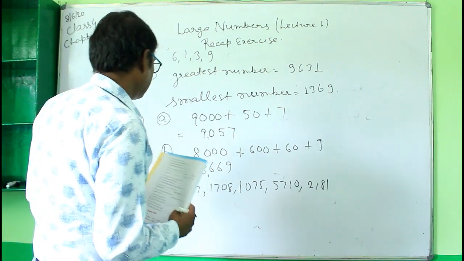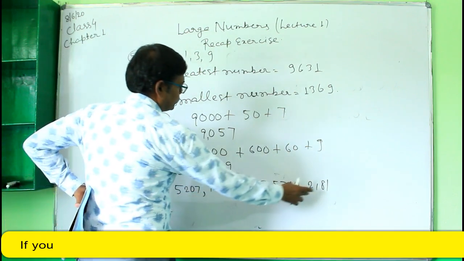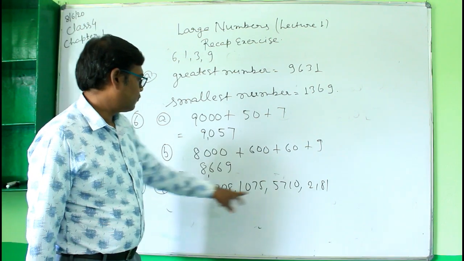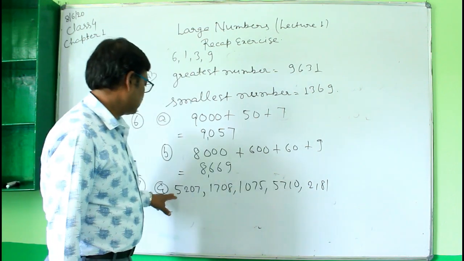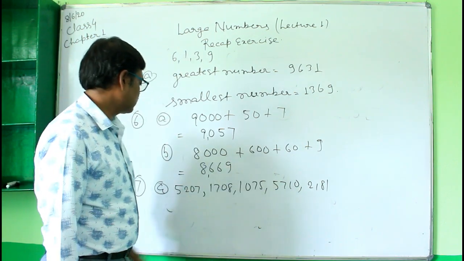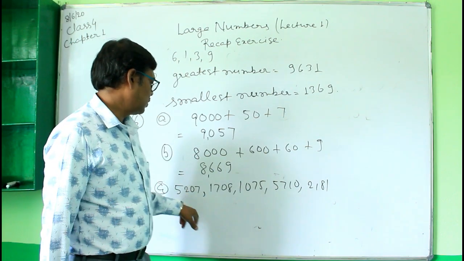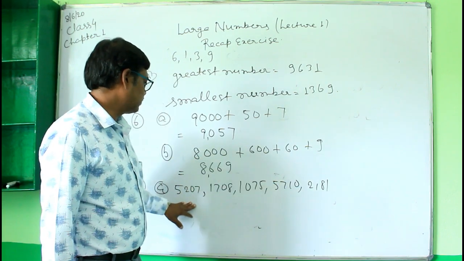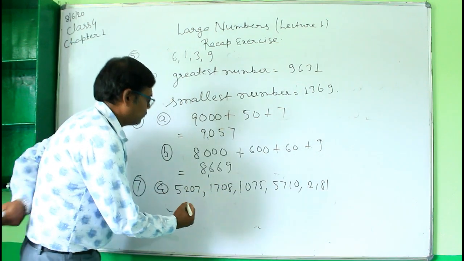Okay, now here this is the descending order. Descending means first find the largest number. So in these numbers, which is the largest number? You see here it is 5, then here 5. Now here is 1, 1, 2, so the bigger numbers are this and this. Now from these two numbers, which number is bigger? Here it is 5 and 5, and here it is 2, this is 7. So 7 is bigger at the tens place, so this number will be bigger than this number. Actually this number is the largest number from all these 5 numbers. So 5,710